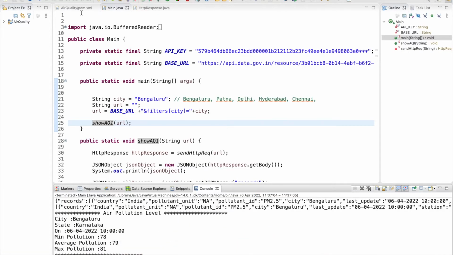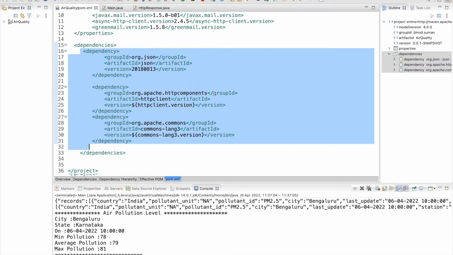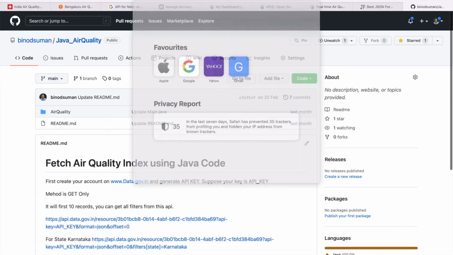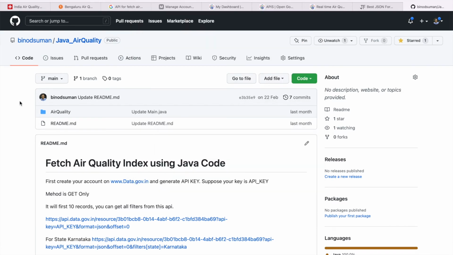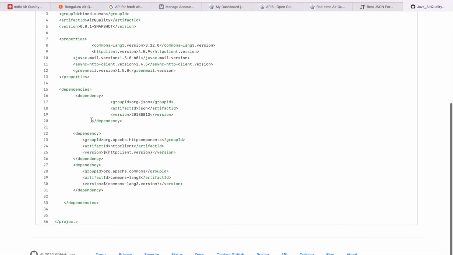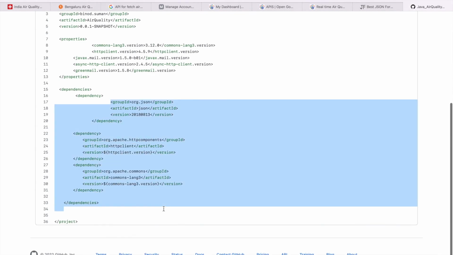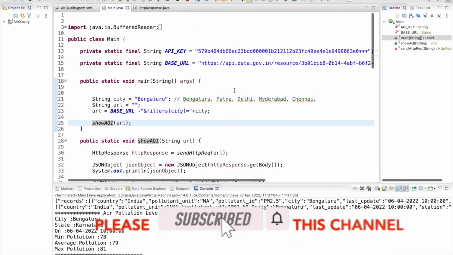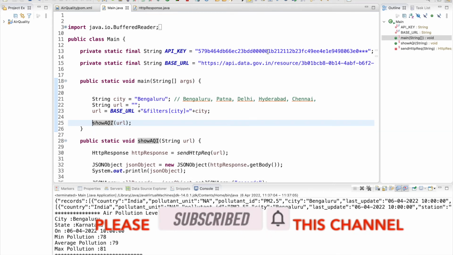In the code, what you have to do is create one Maven project and add the 3 dependencies here. Everything I have mentioned in the code, I have given the code on GitHub. This is the link for the GitHub. You come to my GitHub and type Java air quality, and this is the code I have given here. This is what you have to download and add in dependency. After that, create one Java class and keep your API key, the key you got while logging in, and the base URL that I have already showed you,